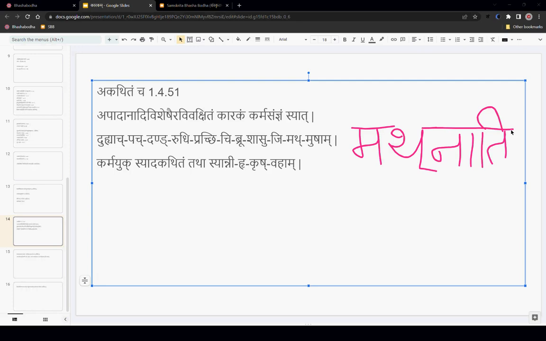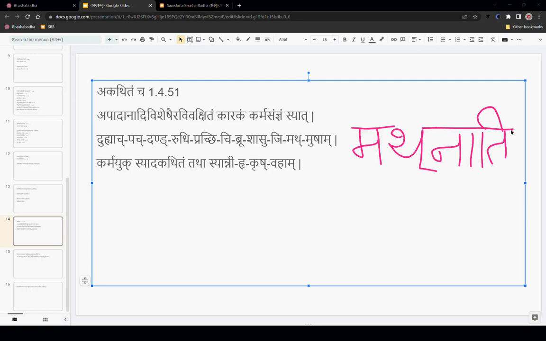What mathanam? Palaji mathanam. Palaji, the Milky Ocean. Sita takat. So again, if you want to use this in